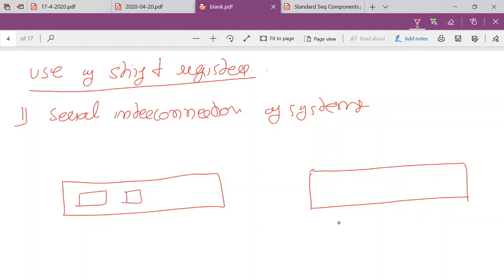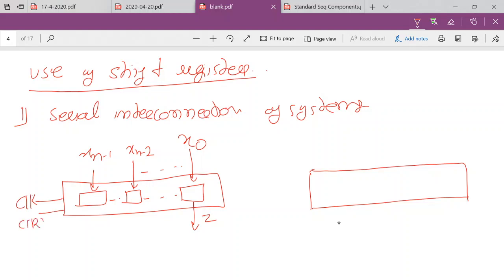We are going to use two registers, one at one end and another at the other end. So at this end, suppose we are using a parallel in serial out register. So input will be fed parallelly here, and the output will be serial, right? So this would be your serial output. There would be a clock signal here, and there would be a control signal as we had discussed. In this case the control signal would be of 2 bits. So you can analyze, this would be your n minus 1 bit, n minus 2 bit, and 0th bit.